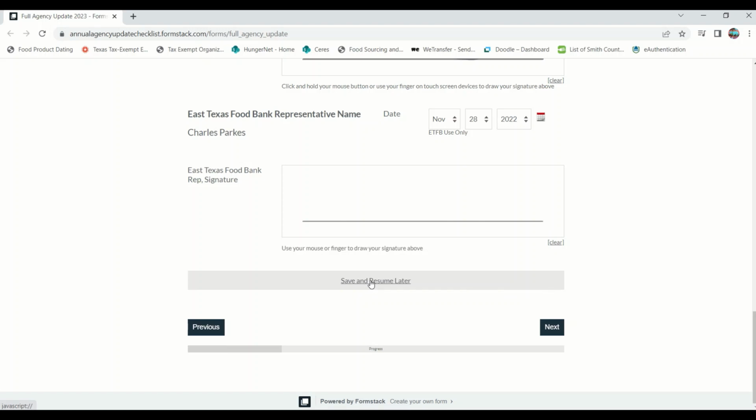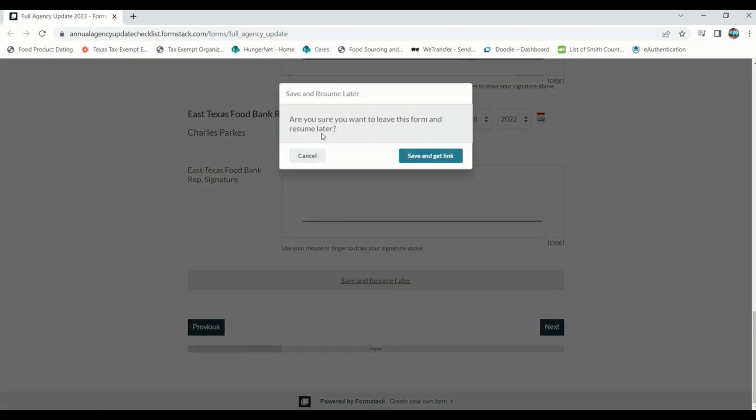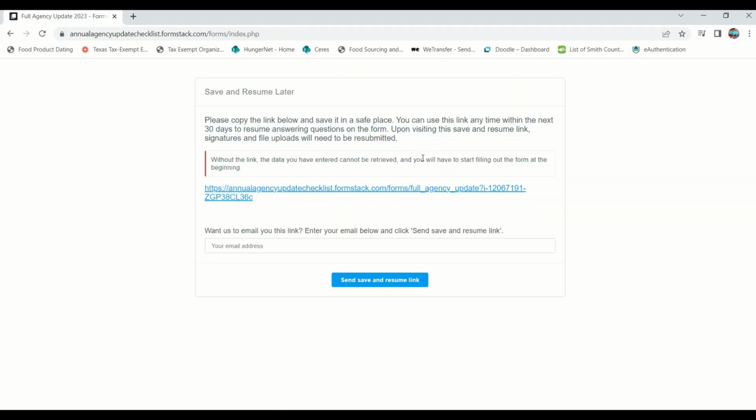So let's check out the save and resume option. So let's say you need to take a break. You click this. Are you sure you want to leave this form and resume later? Well, yeah, I want to go get a sandwich right now. So you can please copy the link below and save it in a safe place. And that would be the easiest thing to do, is just to highlight and drop it and just leave it open. But let's just say you need to go run an errand. In that particular case, we just drop an email here,